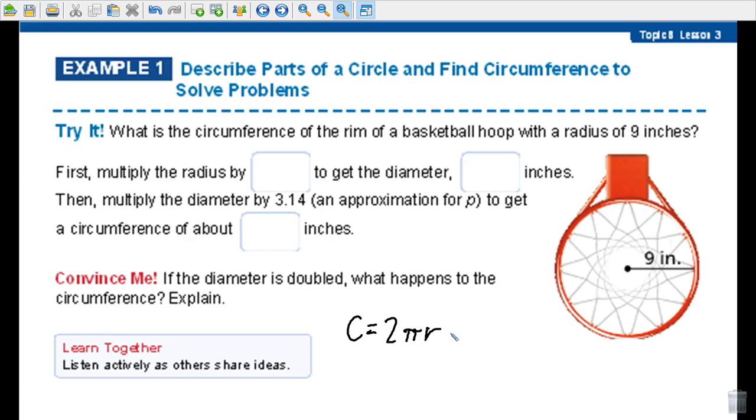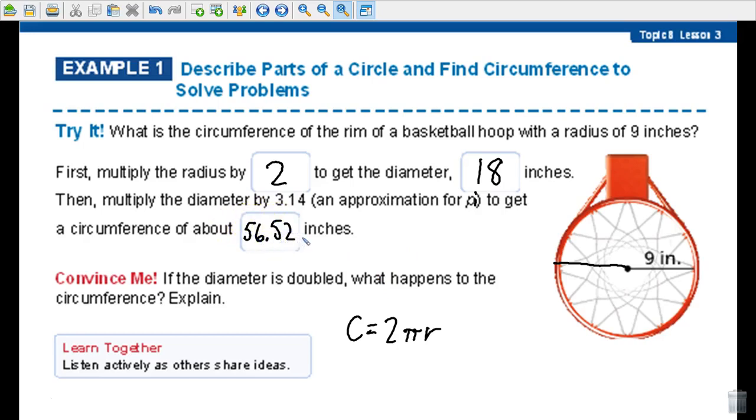All right, we're back at it. First, multiply the radius by 2 to get the diameter. Multiplying the radius by 2 gives us the entire diameter. To get the diameter, which is 9 times 2, is 18. You're right. Good job. Then multiply the diameter by 3.14, an approximation for pi, to get a circumference of about